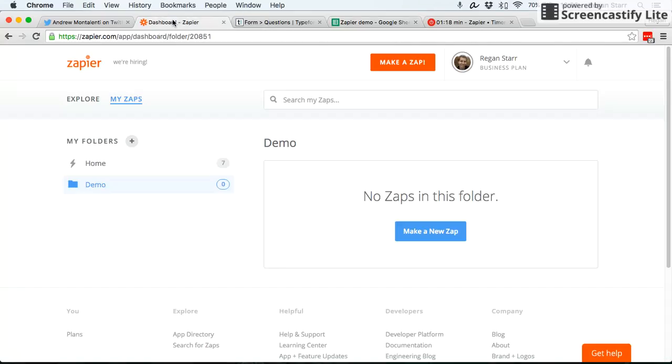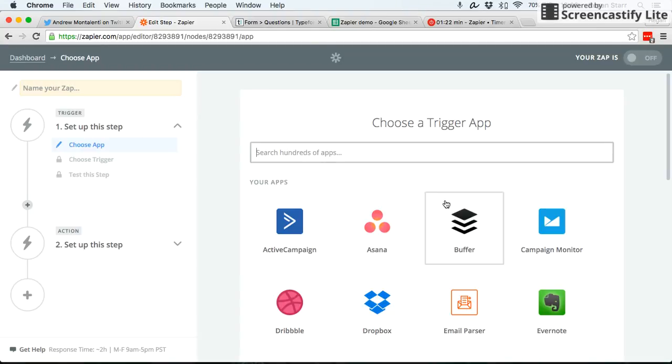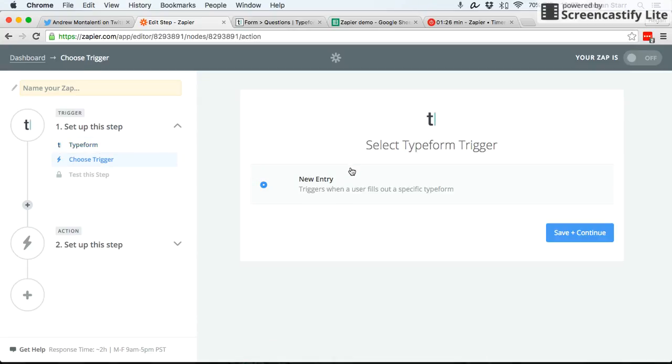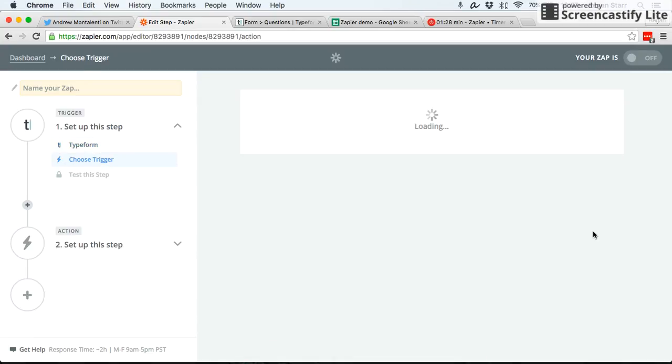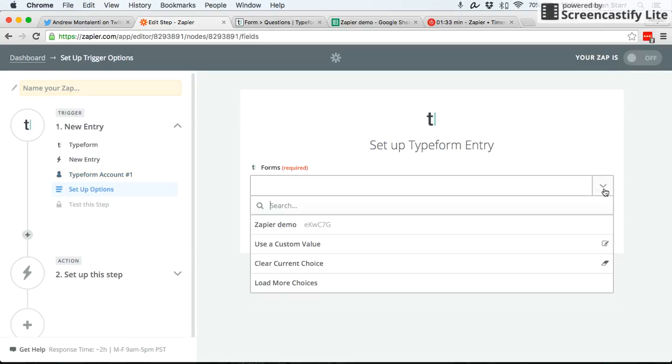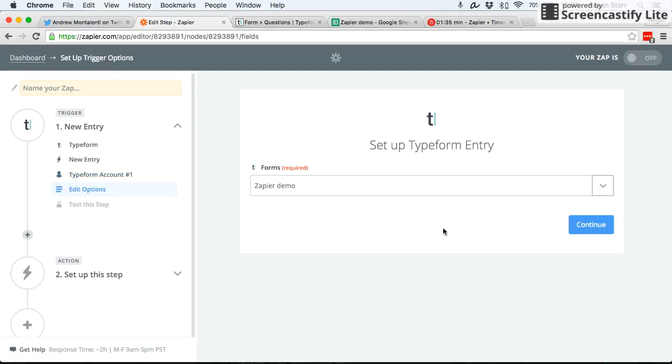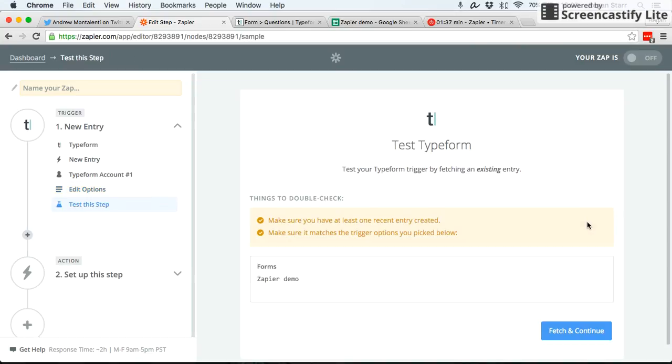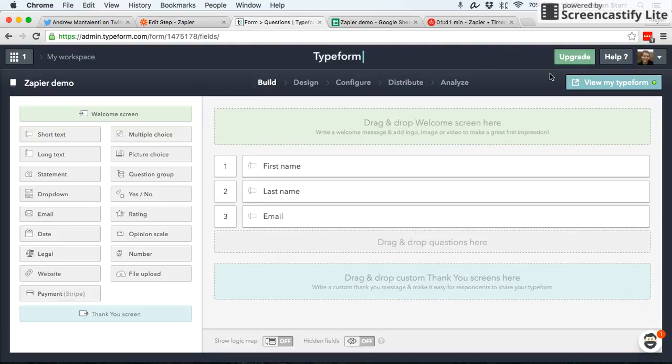Now, let's jump into Zapier, make a new Zap, and for the trigger, we will search for Typeform. New entry, connect to an account, and from the drop-down, select the form. This one's called Zapier Demo. And now we need to make sure that we have at least 1 entry created. So I will view the Typeform,